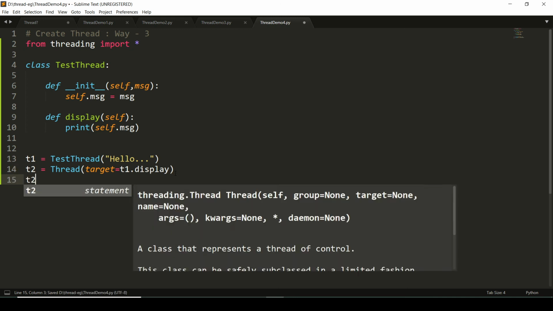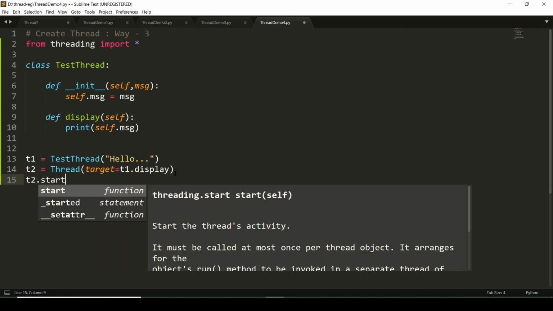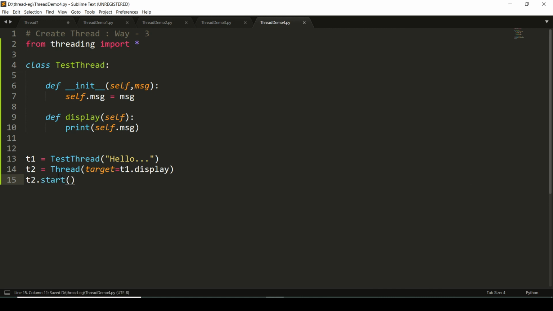And we'll say t2.start. So you can understand that t2 is a thread which will execute t1.display, this display method, whenever we call the start method.